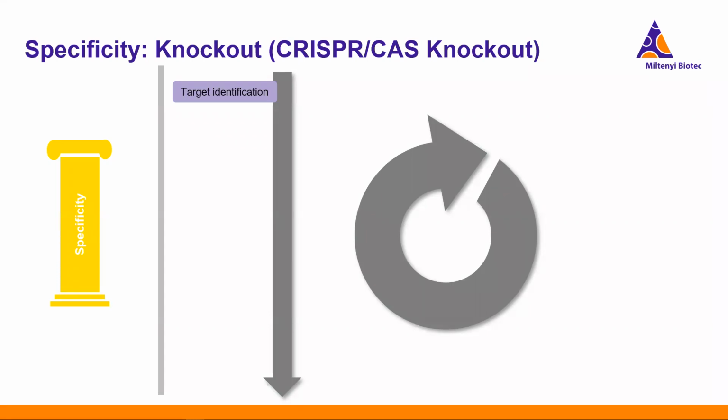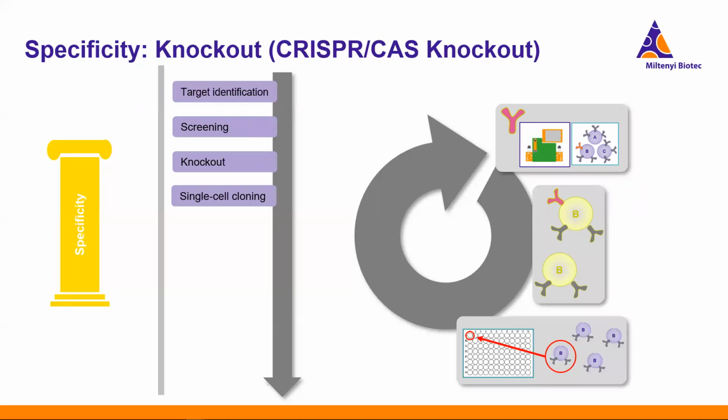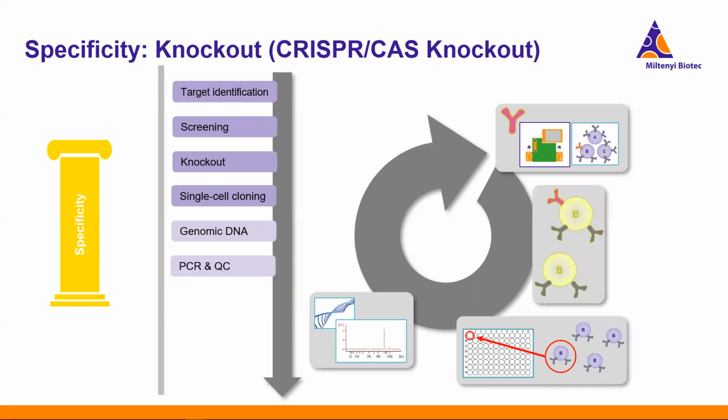On top of all those normal validation processes, we're also now testing antibody specificity using CRISPR-Cas knockout cell lines. So once our target marker is established, the cell line expressing the marker of interest is going to be found by high throughput screening. Then the target gene is knocked out in a suitable cell line by site-specific nucleases, and then single-cell cloning is performed to achieve a pure knockout cell population. From those cells, genomic DNA is isolated, and the knockout is confirmed by sequencing of the target locus.